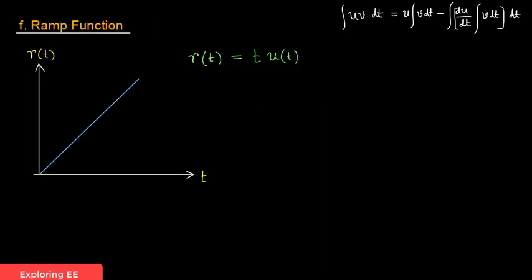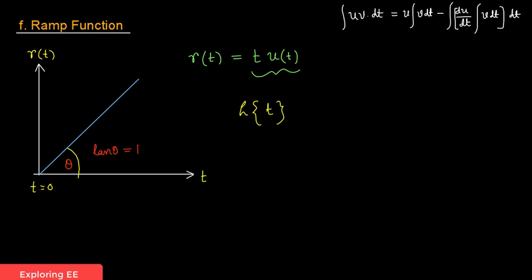Moving on to the ramp function, which is denoted by t times u(t). It is a straight line with slope unity, that is, tan theta equal to unity. So from the definition we have the Laplace of only t. Look, when we are taking the Laplace transform of any function, it always starts from t equal to 0 to infinity. So no need to write u(t) several times. Okay, so t equal to 0 is always the initial condition while we are taking the Laplace transform,